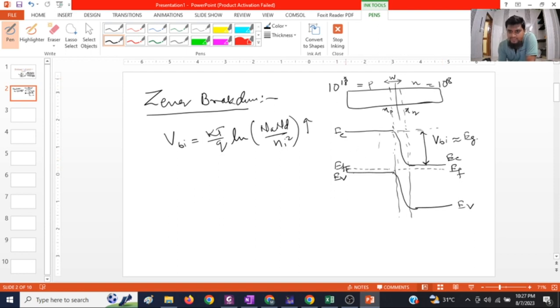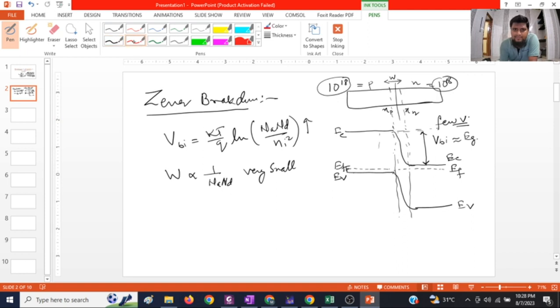However, because the doping concentration is quite high, W, which is proportional to 1 by root of NA ND, will be very small, right? And if you apply some reverse bias of a few volts,